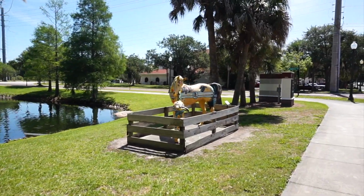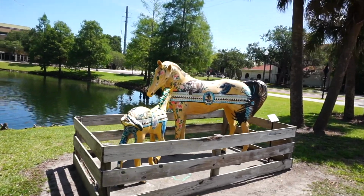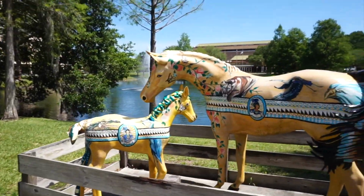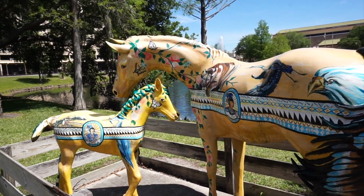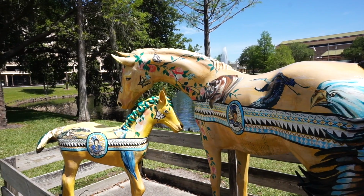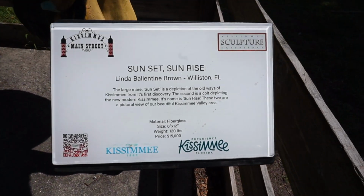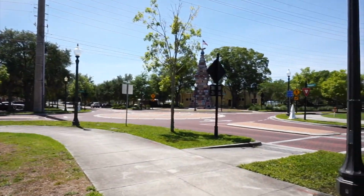And if you're walking around the historic downtown area, you will see a lot of horses. That's for sure. This one's painted with Osceola County on it. This is called Sunset Sunrise by Linda Brown in Williston, Florida. The reason I know that, there's a plaque right there. But the first stop is right over here